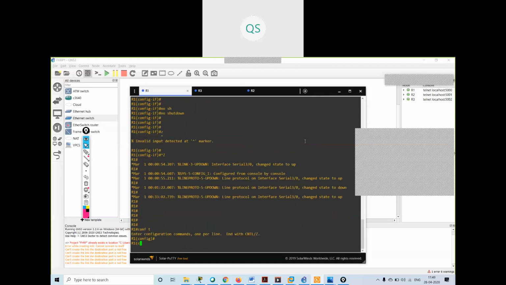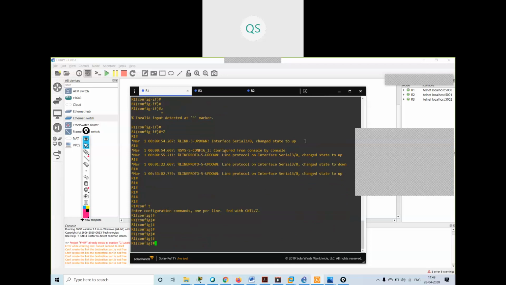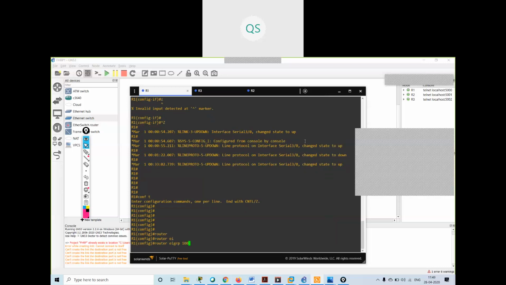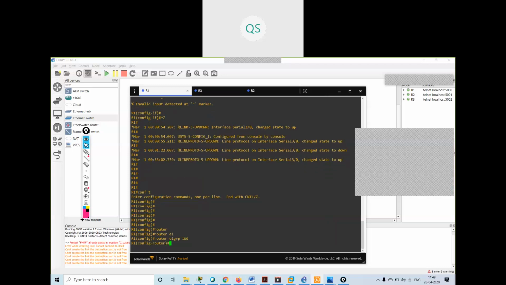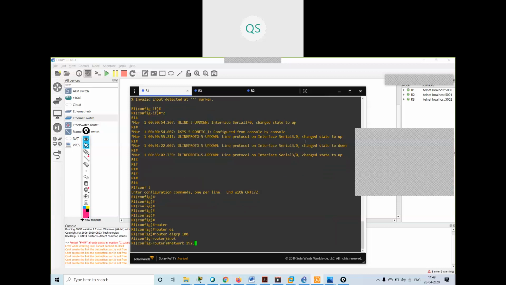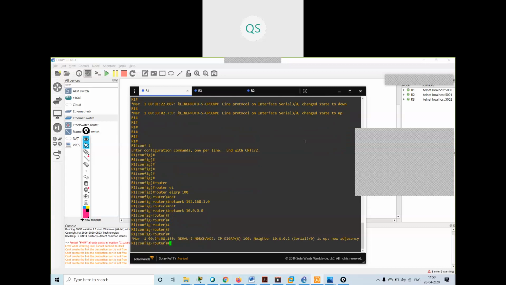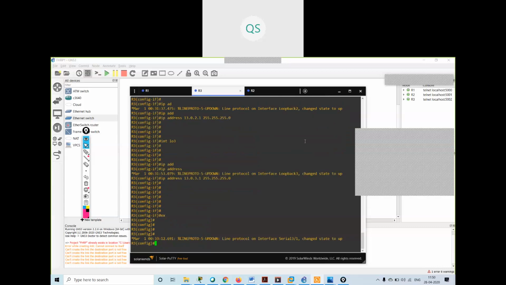Then on router 1, router EIGRP 100, I'm having the 192.168.1 network and the 10 network. The adjacency has been formed.